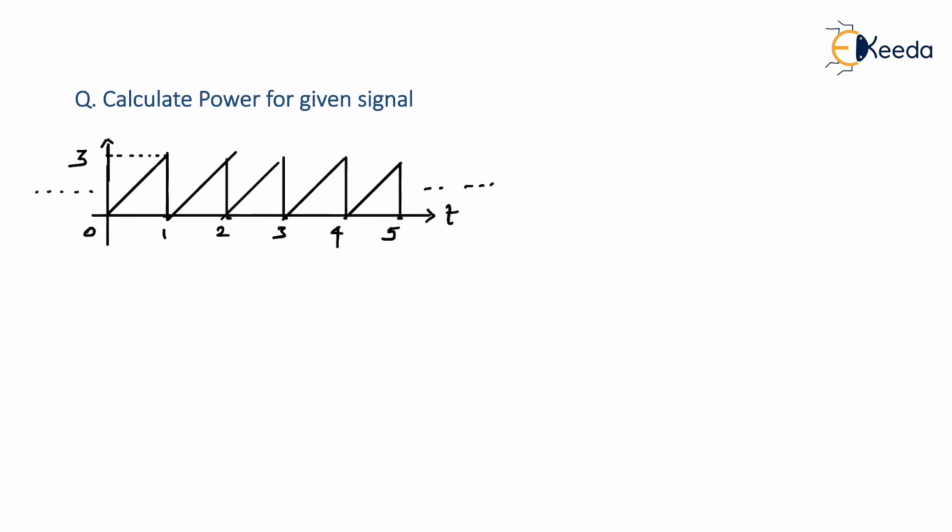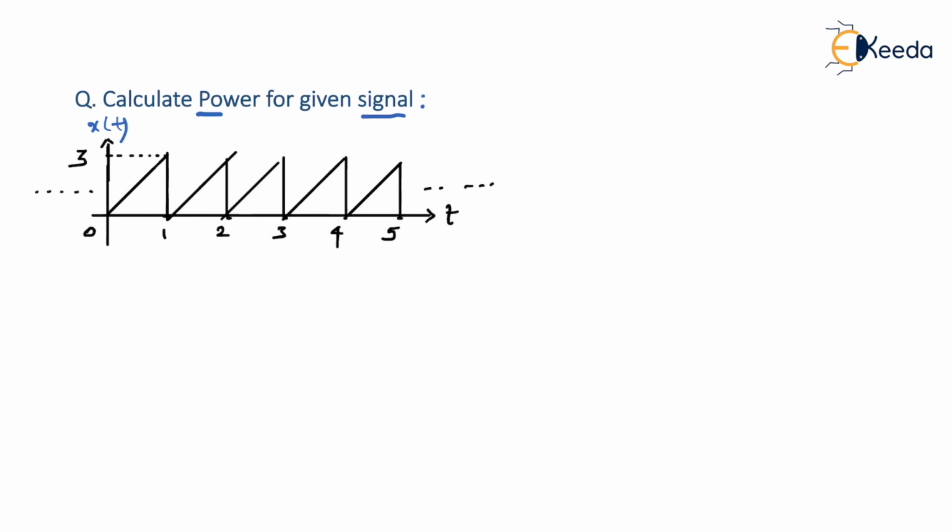This time, as you can see, they're asking you to calculate power of the signal. So they have by default informed us that it is a power signal. So let us assume this is x of t signal, plotted with respect to time, and it's periodic in nature, as you can see, because a periodic signal is that signal which exists from minus infinity to infinity. First of all, this particular pattern should be repeated right from minus infinity to infinity. Only in that case it is called a periodic signal.